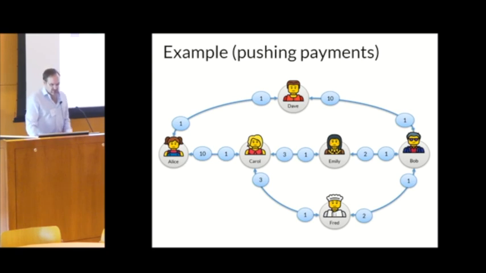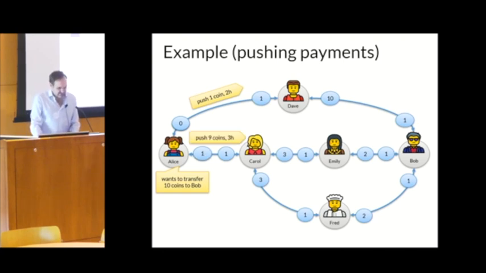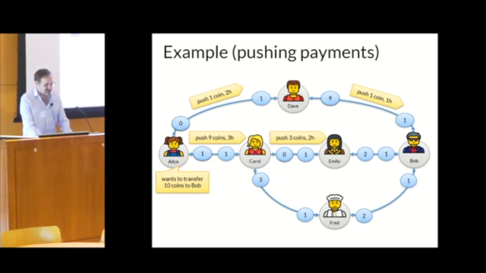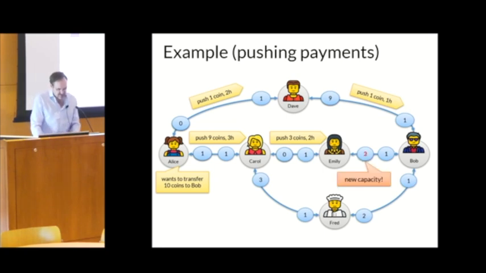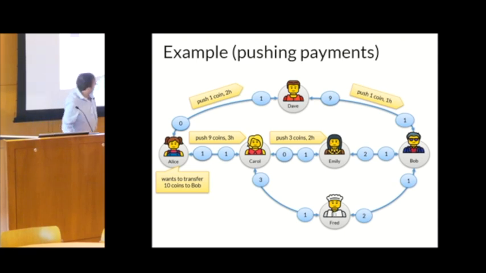An example of how it looks: Alice wants to transfer 10 coins to Bob. Then she pushes, say, 1 coin to Dave and 9 coins to Carol with some deadlines, like 2 hours, 3 hours. Now Dave maybe pushes this 1 coin to Bob. But Carol looks at the situation in the network and can say, okay, I'm pushing 3 coins to Emily. In this situation, she pushes 3 coins and still there is not enough capacity here